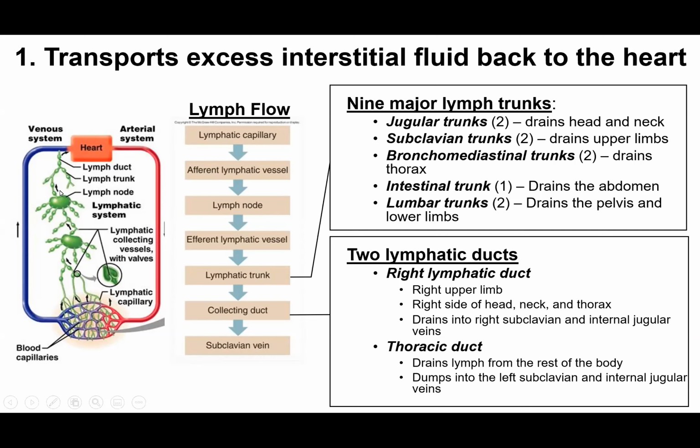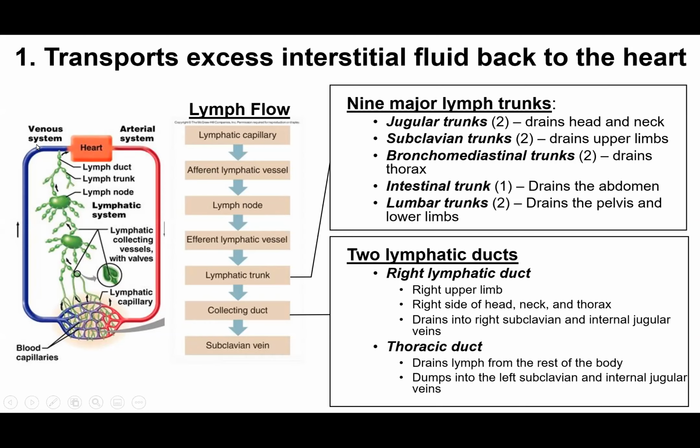So from the lymph trunk then, several of these lymph trunks are going to come together and form a duct. And in the body, we have 2 major lymphatic ducts. Okay, and so those include then the right lymphatic duct, which basically takes anything that's coming from the right upper limb, the right side of the head, the neck, and the thorax, and takes all of that lymph and dumps it into our right subclavian vein and our right internal